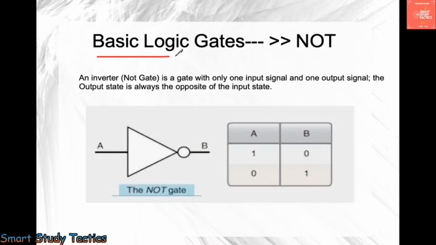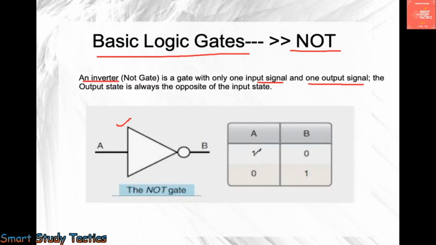Here you can see the basic logic gates. We are going to talk about the NOT gate. It is an inverter. A NOT gate has only one input signal and one output signal. Here you can see one signal is going in and you get one signal out. Make sure, my dear students, you remember this figure because it is very important to memorize. You can see it is like a cap with a pom pom on it. That's why I'm using the word pom pom, so that you can remember this clearly.